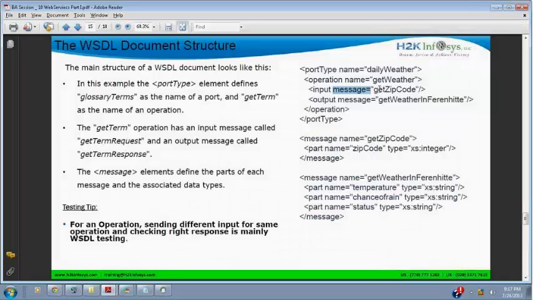As a tester, you do not have to worry about how this format is structured, what is port type, what are these details. Nobody is going to ask you the definition of port type and message, but you need to understand what needs to be tested, and you need to understand the parameters, like zip code. Now zip code is mentioned as integer. You can obviously have a test case where you pass a string, your name, and check whether it gives an error or not. So this is what we need to test. Okay, going back to the questions.